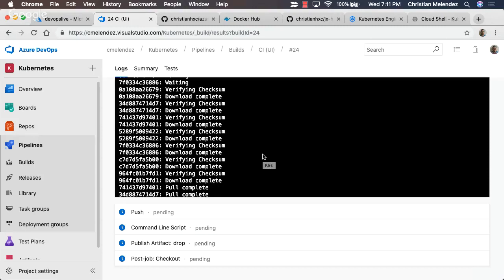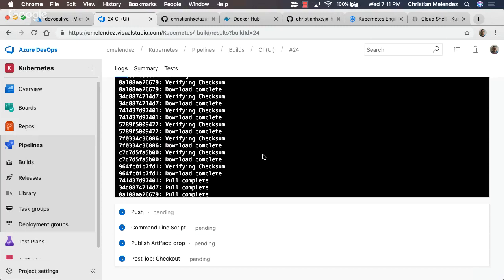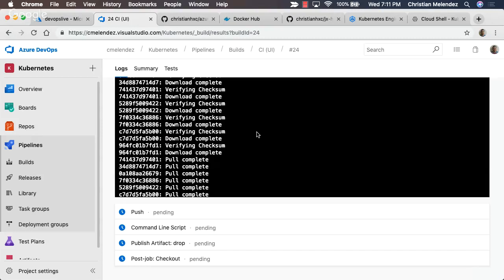some time, because I'm using the agent that Azure DevOps provides me, and I don't have an agent that I installed by myself. If I did that, what I would gain is avoiding this, because it's pulling all the images from Docker again, and it is taking more time. But if instead you use an agent that you manage and install yourself, you will be able to gain some time here, which is going to be valuable, because remember, one of the objectives of continuous delivery is that you can have fast feedback.